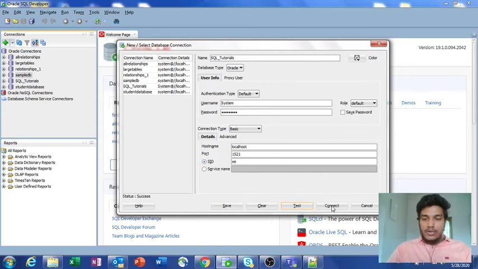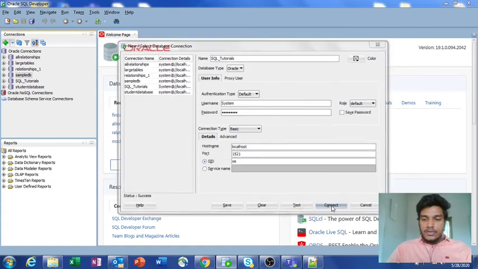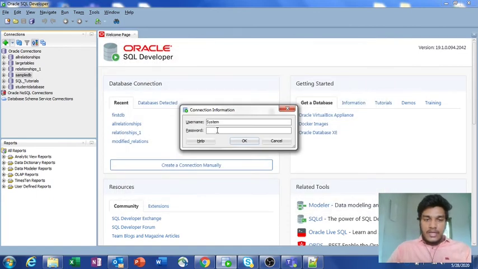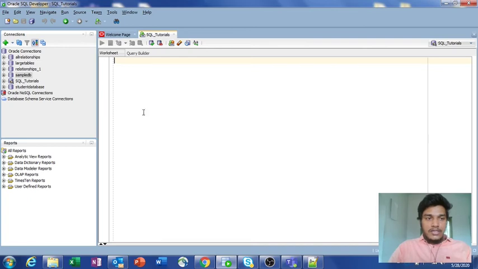Now I want to connect to that particular database. Instead of writing any commands, I am just clicking the connect button here. It will again prompt for the password that you mentioned while creating the connection. I am entering the same password and clicking OK. Whenever the connection is successful, it will pop up the new database connection in your left side panel. These are all the previous database connections that I created for some other problems, and here I have created SQL tutorials for our problem.